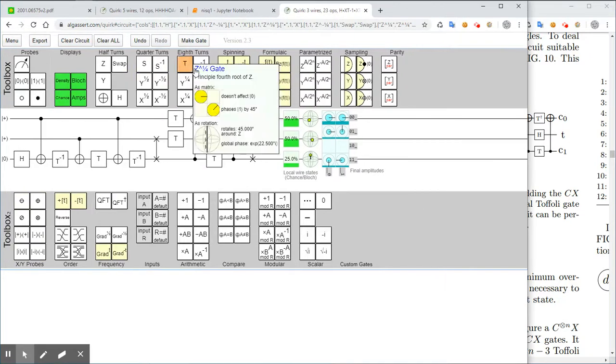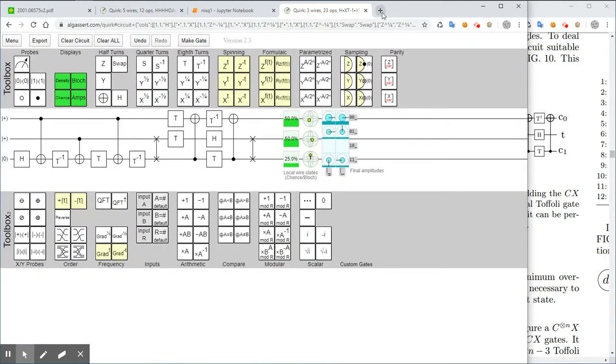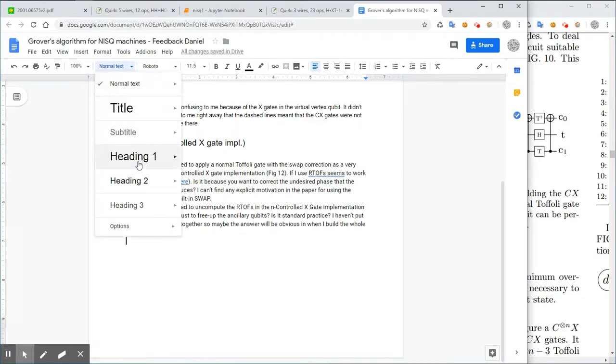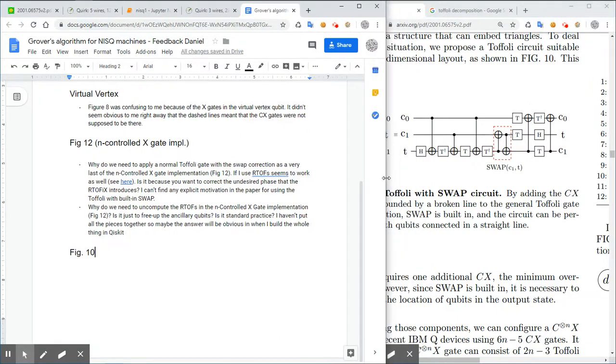So let me see. Can I export that as an image? Link JSON. No. Okay, but I got that in here, and so let me check a second. So I've got this little thing in here where I'm just collecting feedback for the figures. So I think that will be heading 2, right? So heading 2, figure 10. So Toffoli,